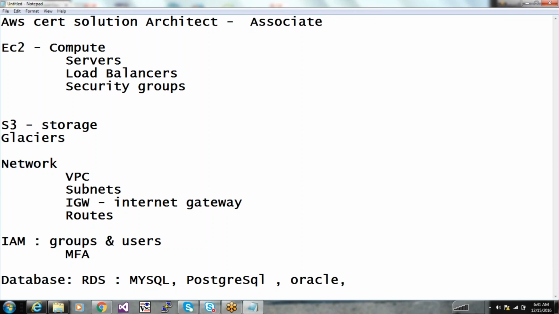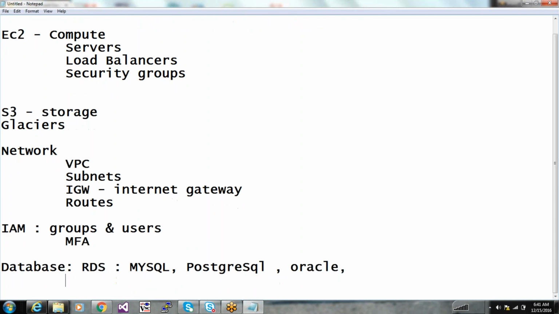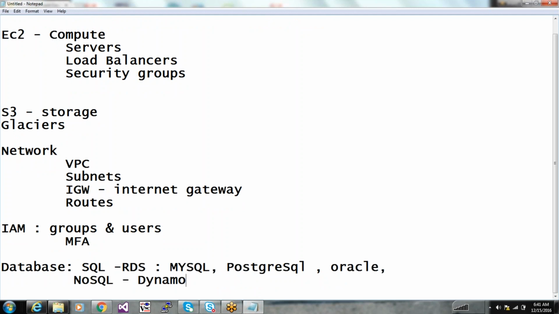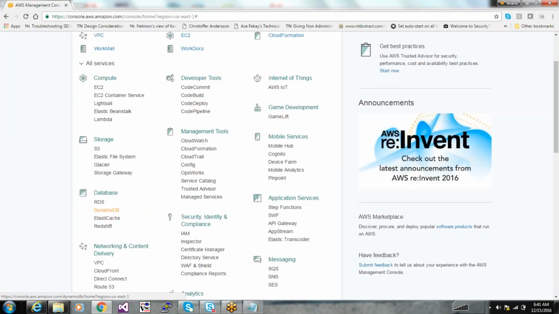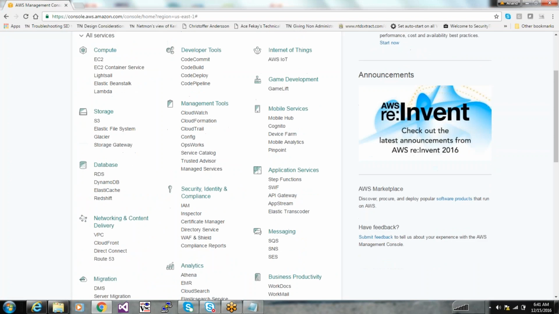We'll create one of them, a database in the cloud, which is a platform as a service. Now, we'll also do a NoSQL. All of these are totally based on SQL. We have something called NoSQL as well, and Amazon provides DynamoDB in Amazon Web Services. So here, you're going to use DynamoDB.